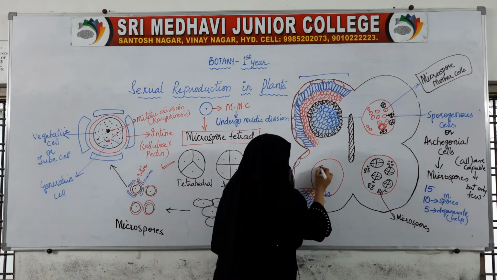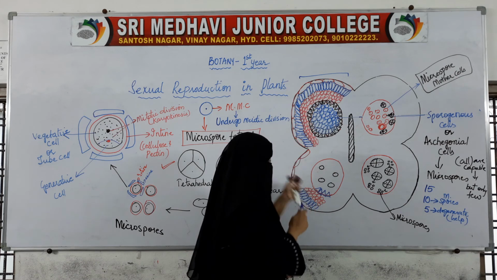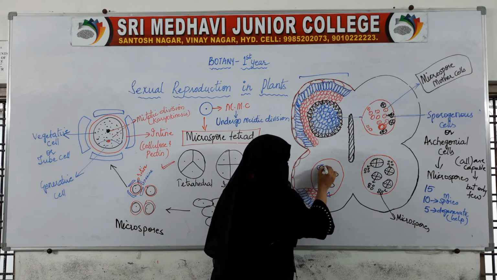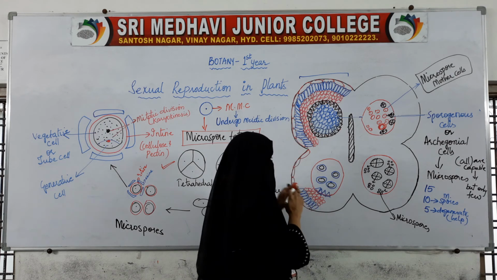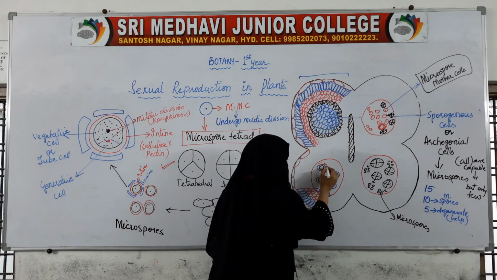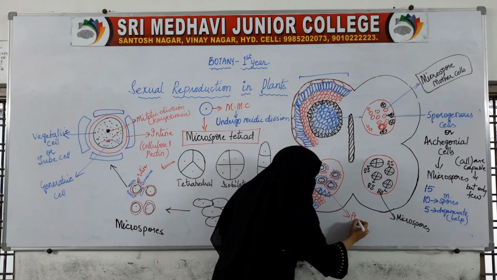This is the microspore, separated microspores. Now around this microspore, one layer is present which is intine and another layer is present which is exine. Now this structure is a pollen grain,